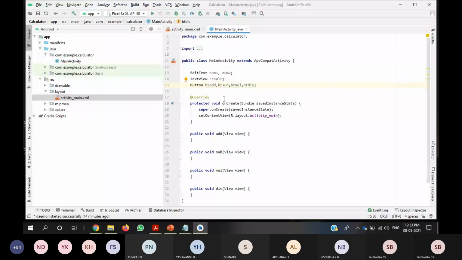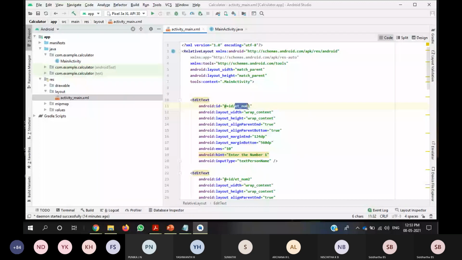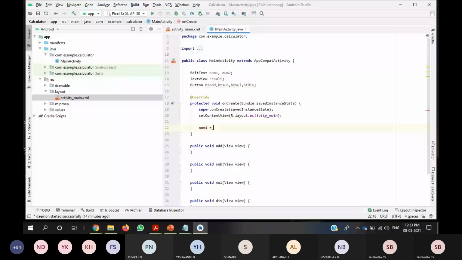we need to identify each of the views in the onCreate function by using the resource ID. Correct? We need to identify based on the ID we have given here. First I will identify the EditText num1 equals to. How do we identify it?